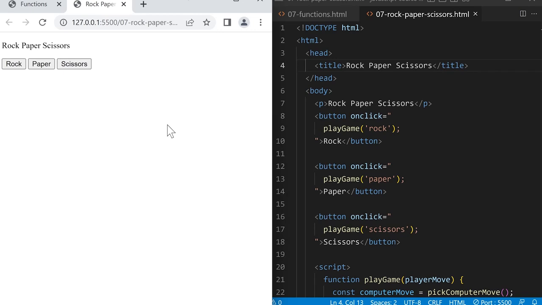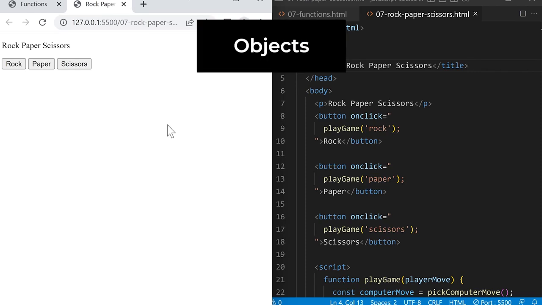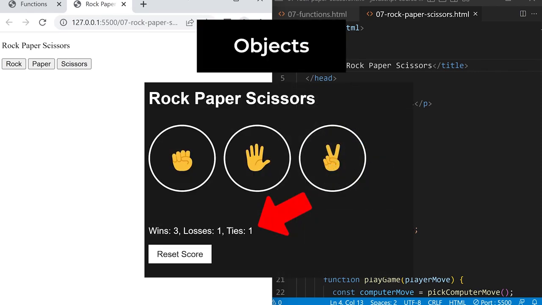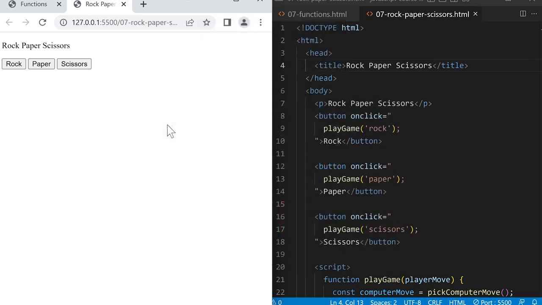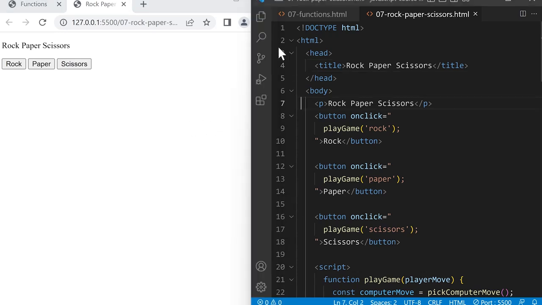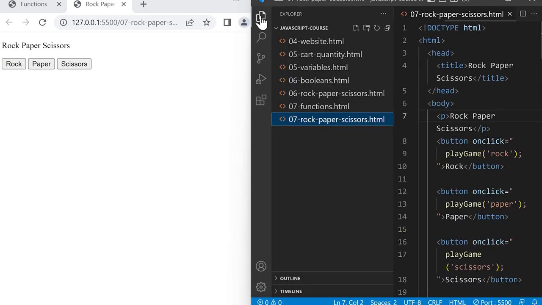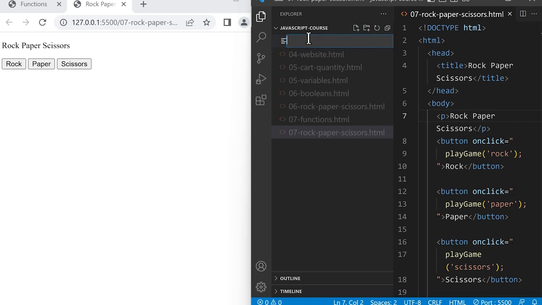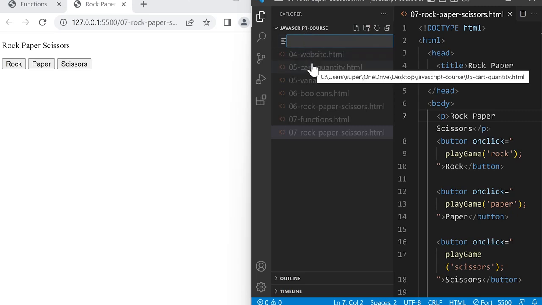In this lesson, we're going to learn another type of value in JavaScript called objects. And we're going to use objects to create a score in our rock, paper, scissors project. First, let's create a new file for this lesson. We'll go to our code editor and click this icon, and then click this icon to create a new file. And we'll name this file